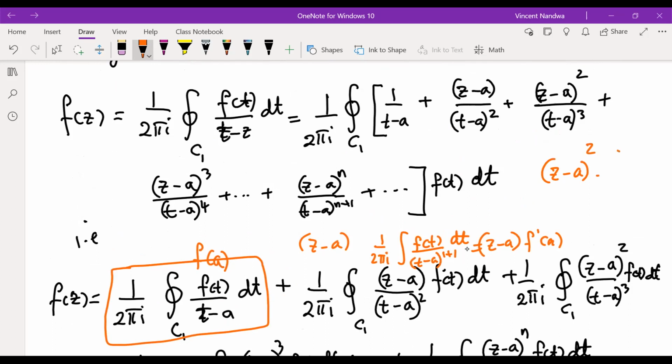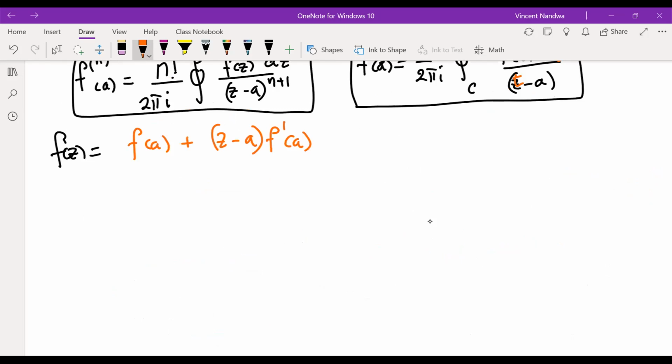And then I have the integral of f of t dt, then here I have t minus a power 3. So let's just demonstrate how this one is giving us the next term. So if I have z minus a squared times 1 over 2 pi i integral of f of t dt divided by t minus a power 3. So you see in this formula here,